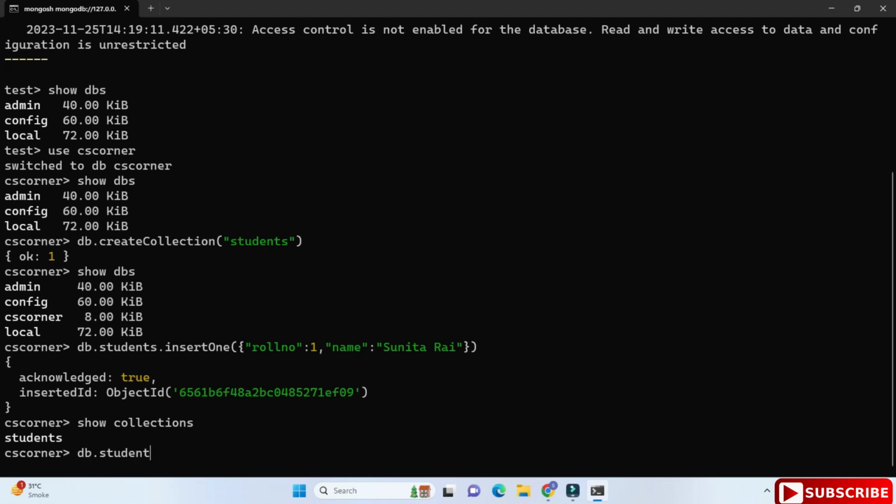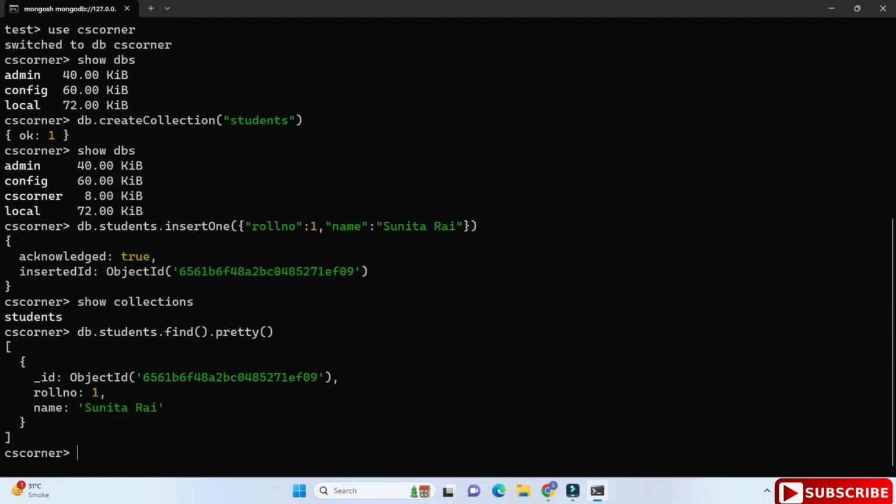To show the data of your collection, write db.collectionName, that is students, then .find().pretty(). If you write pretty, it will show it in proper format. Hit enter guys. You can see now it's showing your record, and it creates an object ID for each and every row. Okay guys, so creation and reading is done.